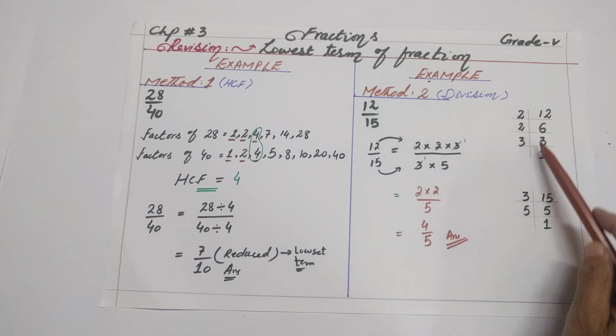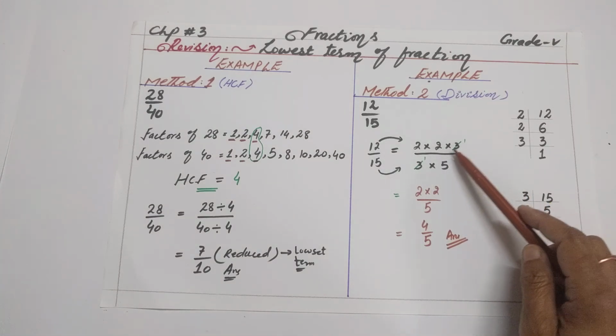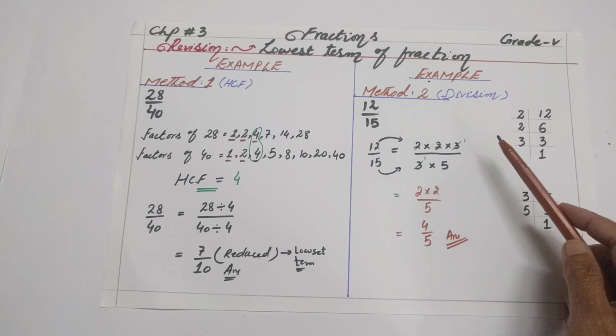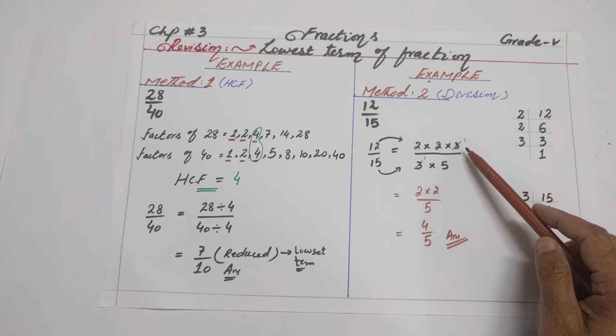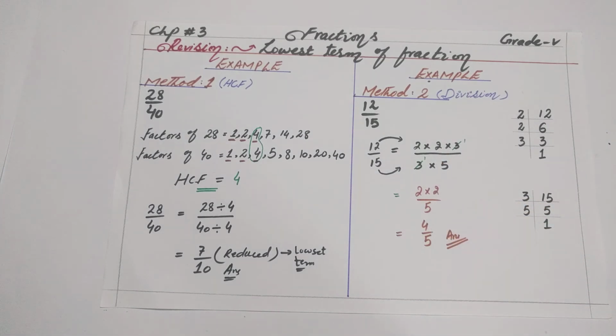You have to find the prime factors by division method, then write the prime factors in the fraction form, then check is there any prime factor which is common. Yes, 3 and 3, you can cross out the 3 and you have to write the left ones, and in left ones, as you can see, 4 by 5 is our required fraction because 4 and 5 have no other factor. There is no other factor of 4 and 5 except 1. So student, this one is the method how to reduce the fraction into its lowest term. When we will start the addition or subtraction of the fraction, you have to use any one of these methods to find the lowest term.